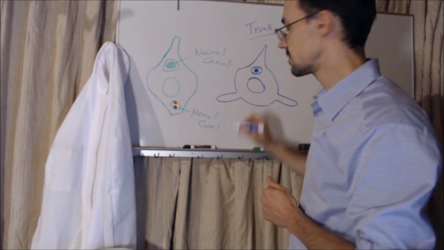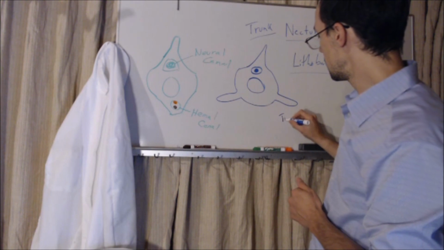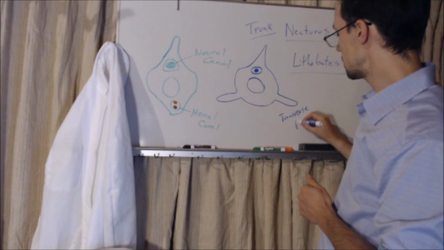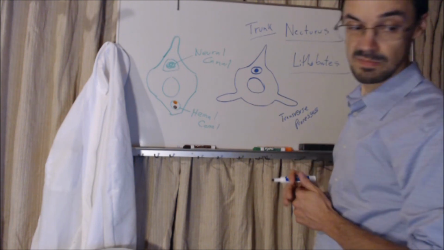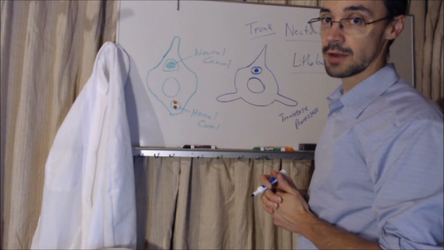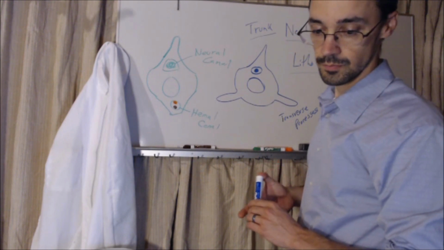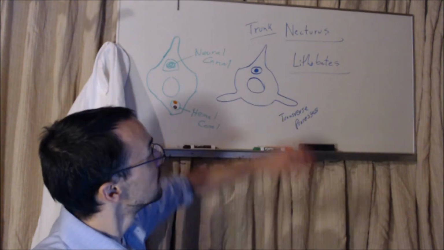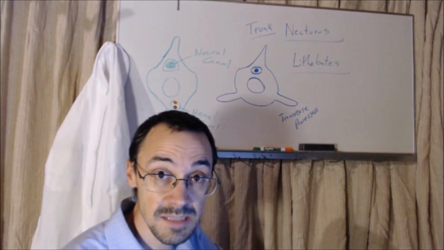Remember, this is a place for muscle attachment. And these are called transverse processes, running off to each lateral side of the vertebrae. Okay? So I have neural processes that are running towards the top, my transverse processes running along the sides, and